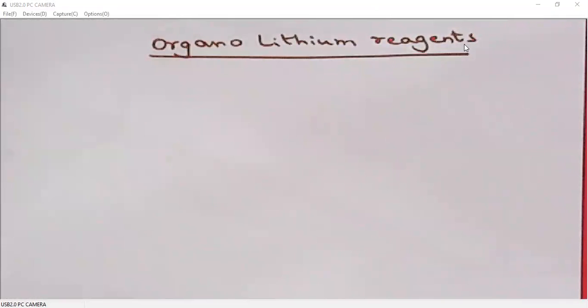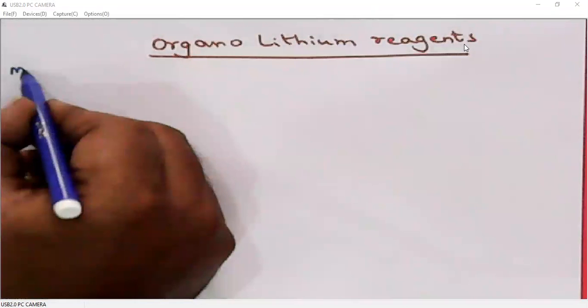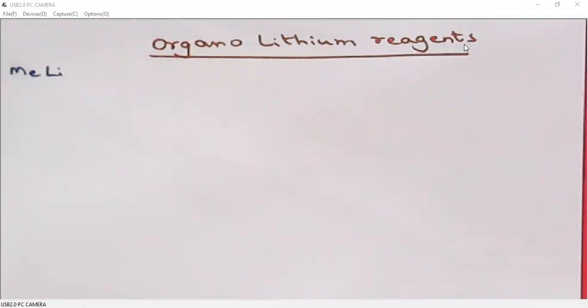What are organolithium reagents? An alkyl group bonded to lithium. Alkyl groups bonded to lithium are called organolithium reagents. This is called methyl lithium,